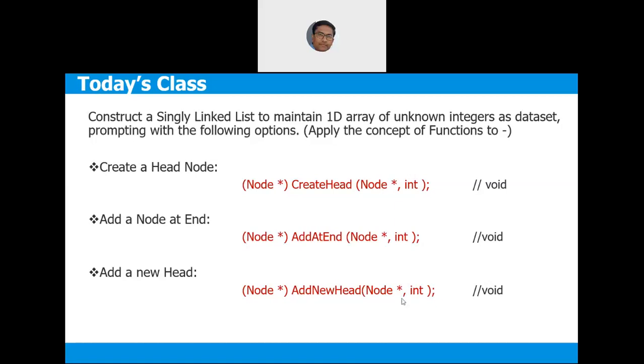Unlike in the other three functions, you don't have to pass anything, so there is no first argument of type Node*. Why? Because the scope of Node* head is accessible not only in main, but also in any other function. This is approach one, which is a very simple and good approach. Are you following? Yes, sir.